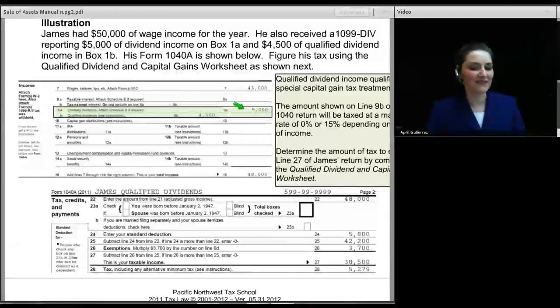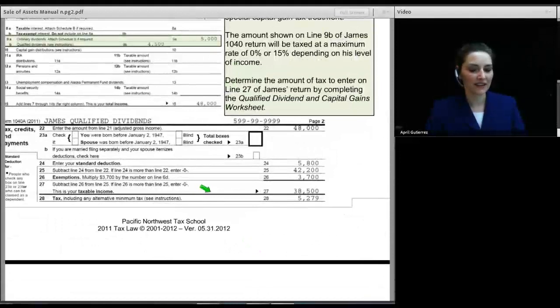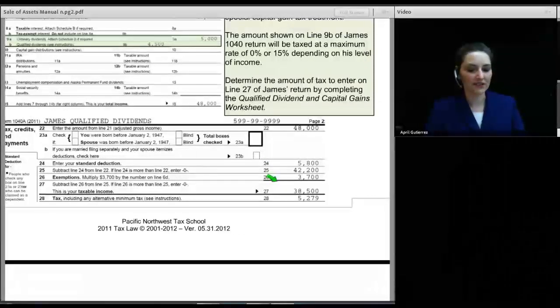He has $5,000 of dividends, $4,500 of qualified dividends for a total adjusted gross income of $48,000. Let's go over and figure out how much tax he owes on that. Well, he's just going to claim a simple standard deduction of $5,800. And he also claims an exemption deduction of $3,700 to arrive at a number on line 27, which is his